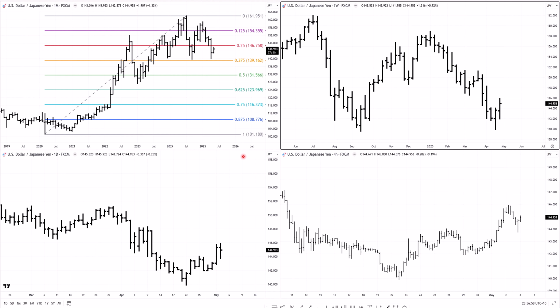Last currency we're going to look at is the US dollar, Japanese yen. Last week we looked at this potential triple bottom formation. You can see we had a low there, a second low here, and a slightly higher bottom here. In my experience, if you're going to get a double or a triple bottom, the final bottom tends to, and it's just in my experience, I haven't done a thorough market research where you look at every single time it's happened on every single time frame and every single market, but in my experience, it tends to take out the previous low there.